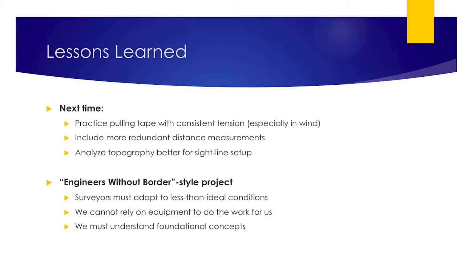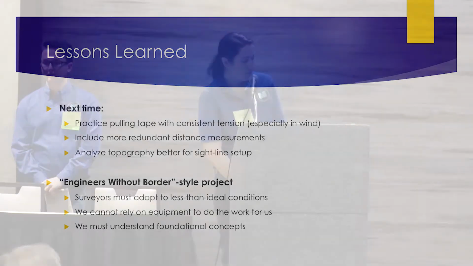If we had chosen a different initial partial corner to site, we might have been able to see all the way down that north line, which is the first one we set. But the terrain just didn't quite agree with us on that one, so we ended up having to use additional triangles. And the last section we want to leave you with here is just some of our reflections on how